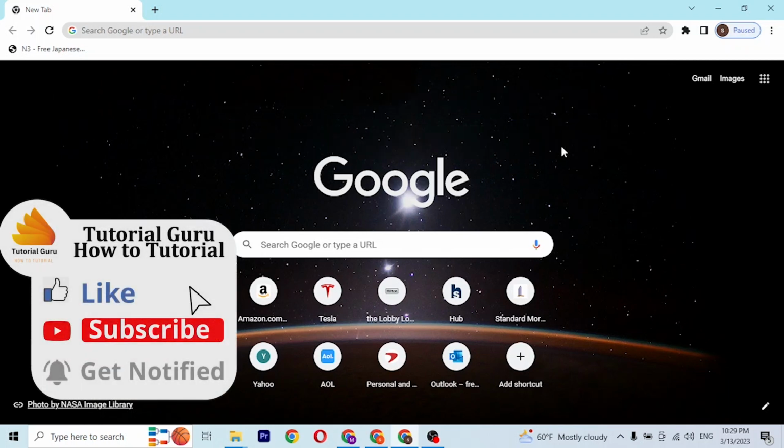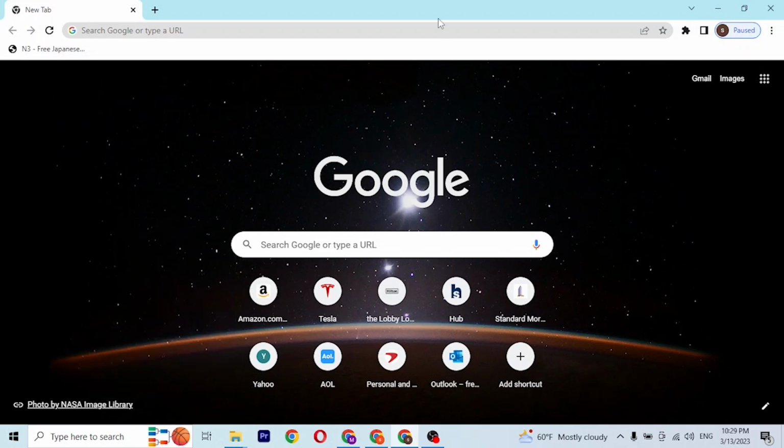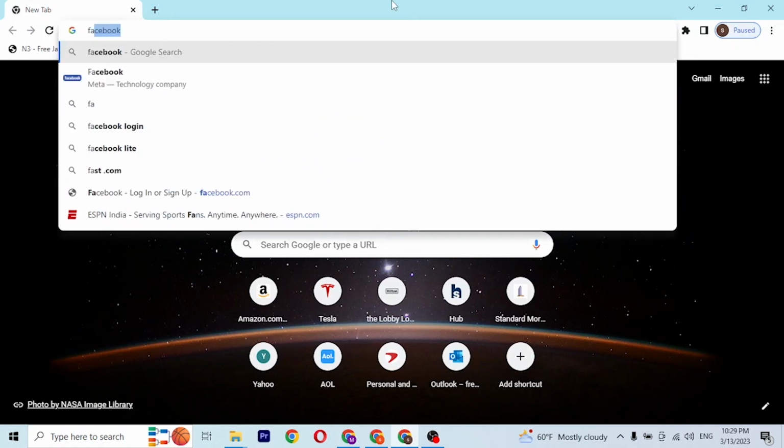Now to log into your FactoHR account online on your computer, first open up your preferred browser. As I have already opened Google Chrome, in the search bar click over there and type in the address